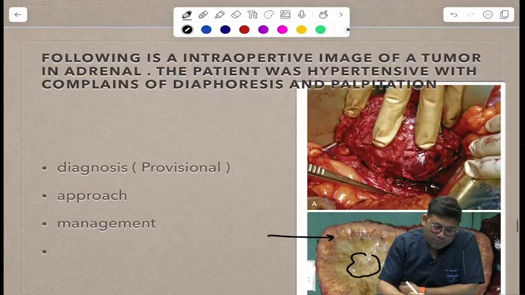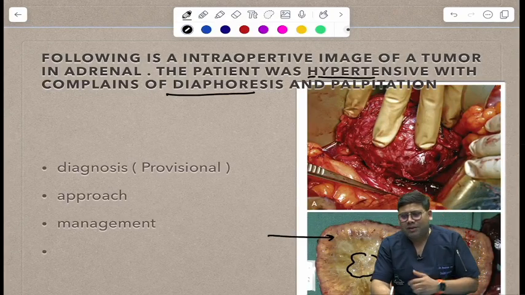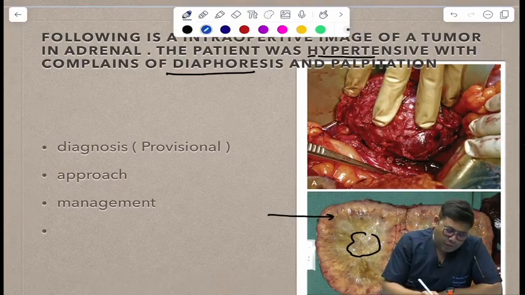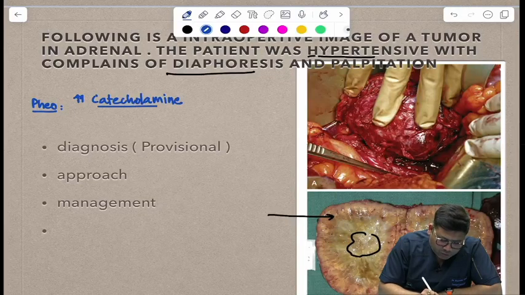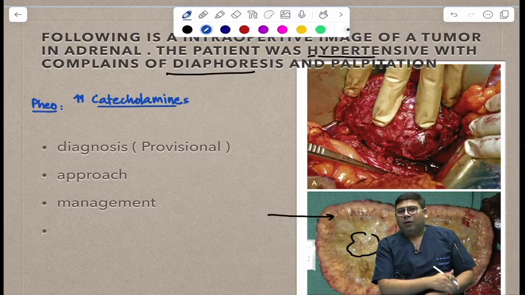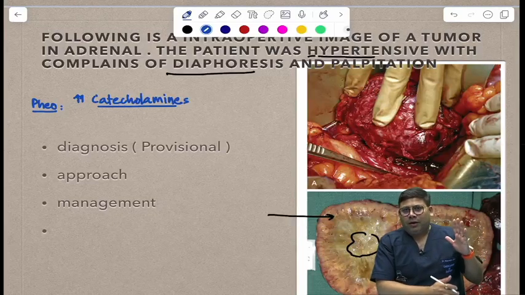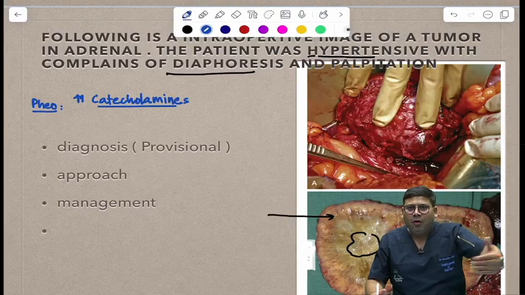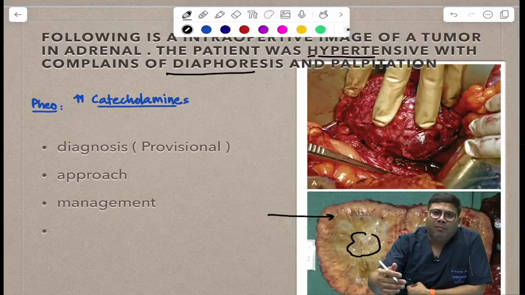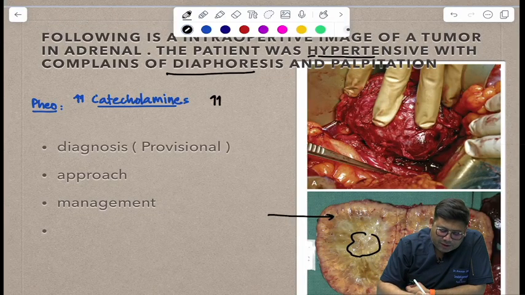See, the patient was hypertensive with diaphoresis and palpitation. Everyone knows the classical concept of pheochromocytoma. Sir, in pheo there is excess catecholamine. So when there is excess catecholamine, first understand this, nothing is to be memorized. Children, catecholamine is not released the whole day, it is pulsatile because every endocrine organ will have a pulsatile secretion of the catecholamine. So whenever catecholamine is released there will be an increase in the blood pressure, and therefore you get to see episodic rise of blood pressure.